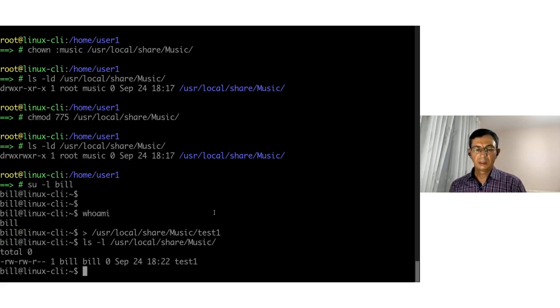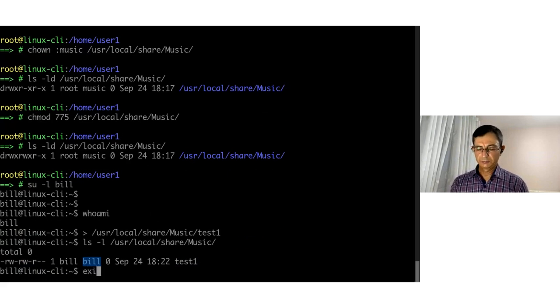Actually, I don't want the group of the file that is created to be Bill. I want the group of the file that is created to be music, because if it is of group music, then all the members of the group music can have access to this file. So how can I fix it? I can fix this by